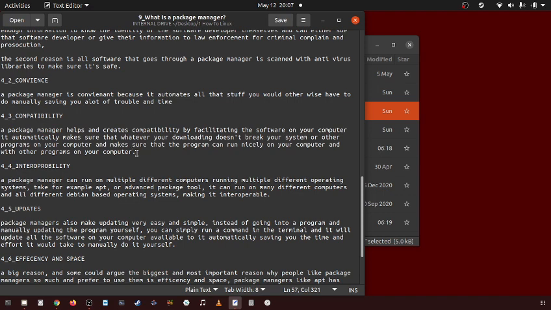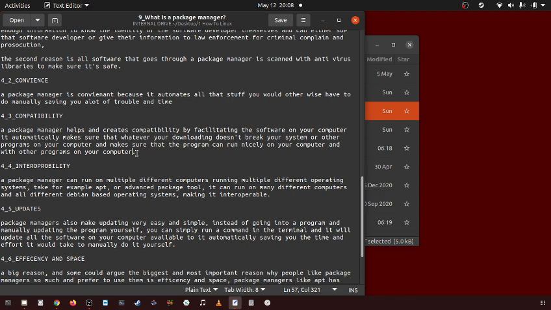So package managers make sure that whatever program you're downloading isn't going to break your computer or crash your system, but it also makes sure that, say, if it runs fine right now, and you open up another program, it's going to run okay with that program. You won't end up in a situation where you can run it by itself, but if you open up another program, it's going to crash the program.